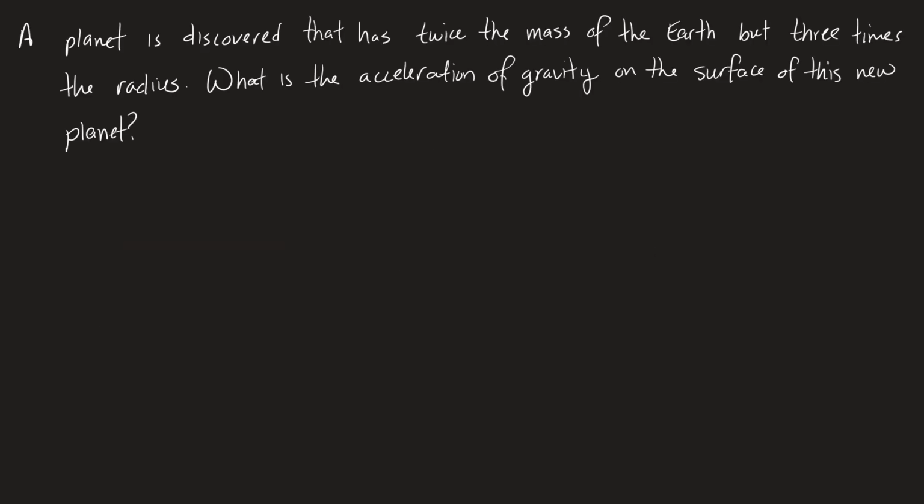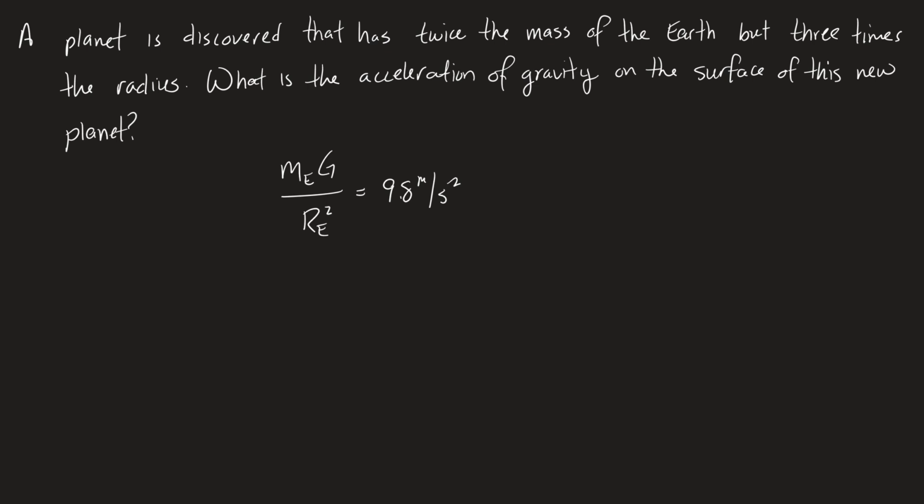A new planet is twice the mass of the Earth, but 3 times the radius. They want to know the acceleration of gravity on the new planet. Now, you could do this problem by grabbing the mass of the Earth and doubling it and getting the radius of the Earth and tripling it, and that would work. But that's not the intent. They chose the Earth on purpose. They chose the Earth because they hope that you know that this all equals 9.8 meters per second squared,